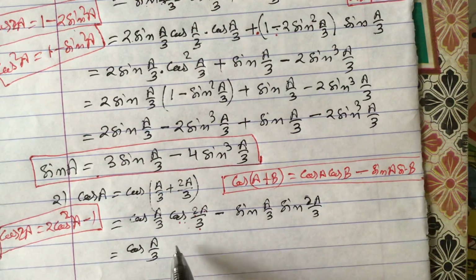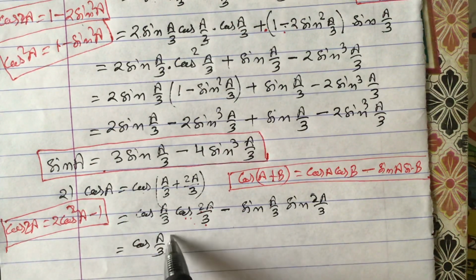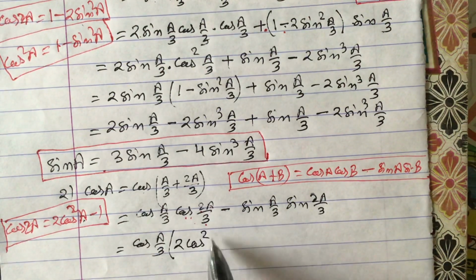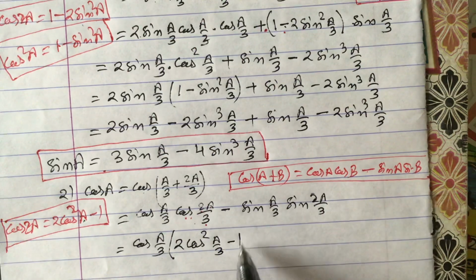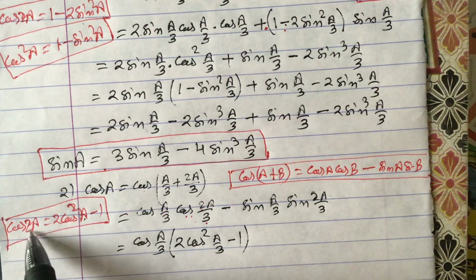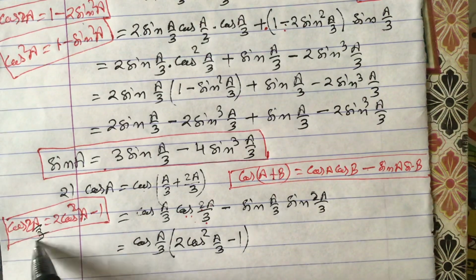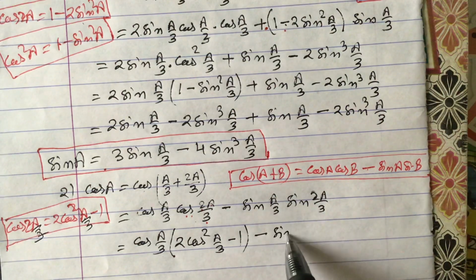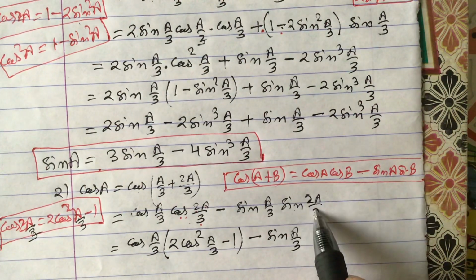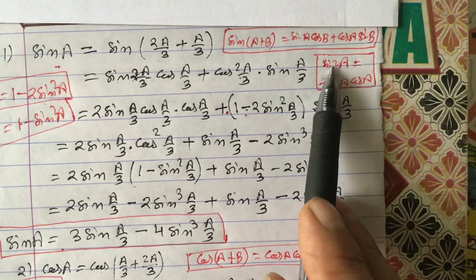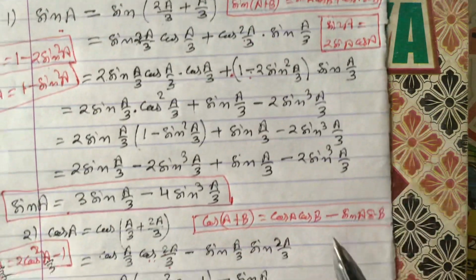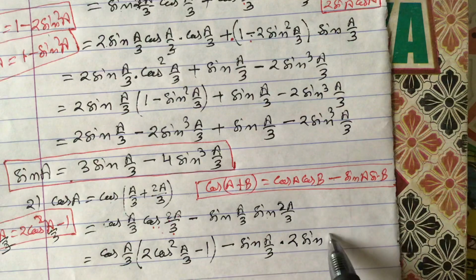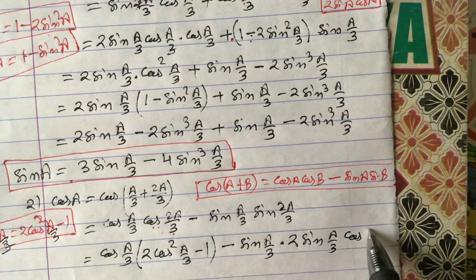So let us put this formula. Since there are binomial terms, 2 terms, the bracket is compulsory. So 2 cos square A, meaning here A by 3, minus 1. This is the formula, okay. So if here it is 2A by 3, then here also it will be by 3 like this, okay. Now minus the sine A as it is, we can write sine A by 3 as it is. Now the sine 2A formula I have already written here. Sine 2A formula is 2 sine A cos A. So here 2, sine A means here A by 3, and cos A means here A by 3 like this.